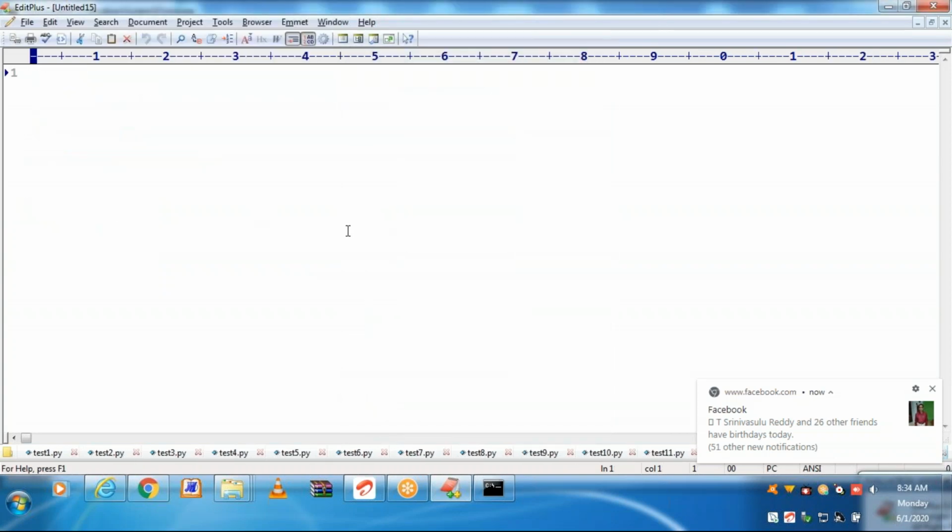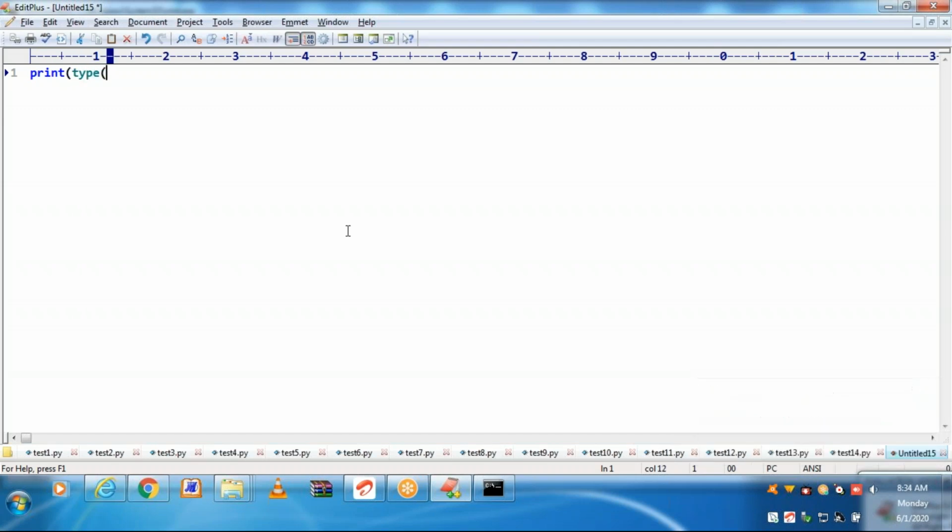Python, let's go for. So if you go for type of 100, you know very well, you will be getting int. How to convert the same into the string type? There is a function called str.